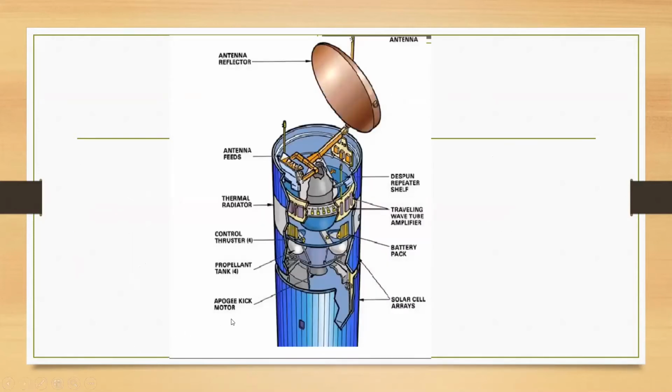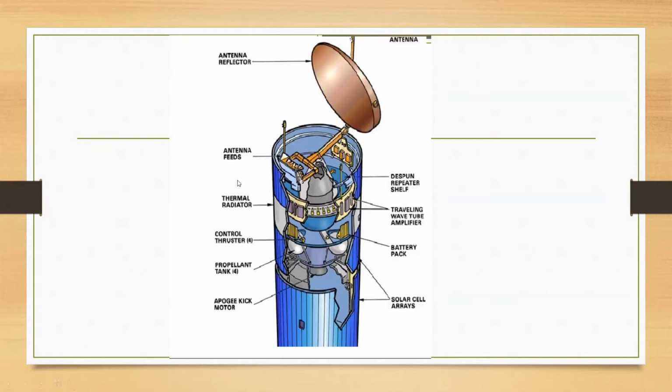Then coming to the next part, this much we have already covered. I even covered the propulsion, right? So this I just wanted to show you as the part of the satellite which I did not cover last time. So there is a kick motor. Now the propellant tank, as I told you, is a tank which holds the fuel, and the commands help take it to wherever the kick motors or the injection motors are installed, so that you can give a push or a pressure to the satellite so that it is on track.